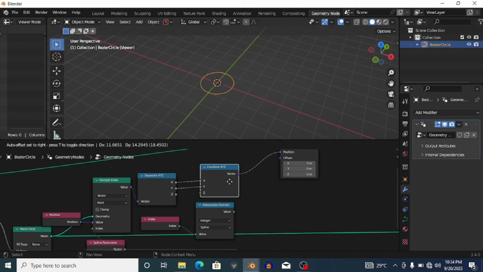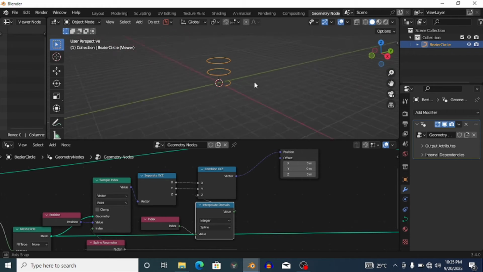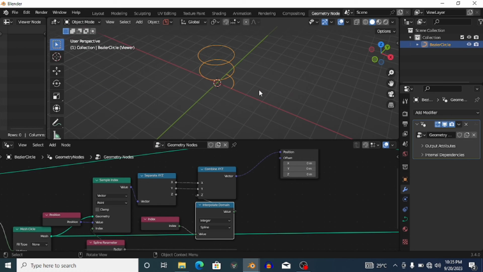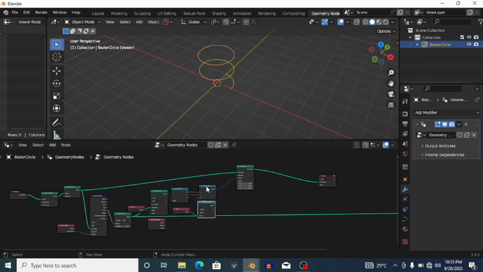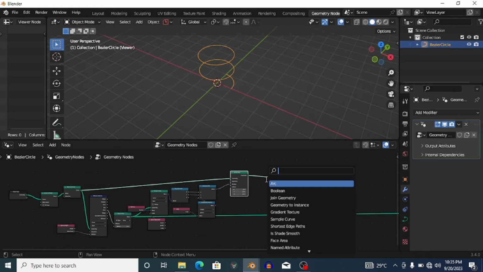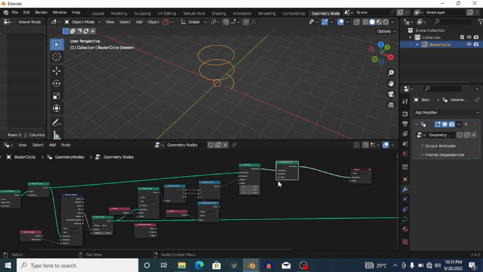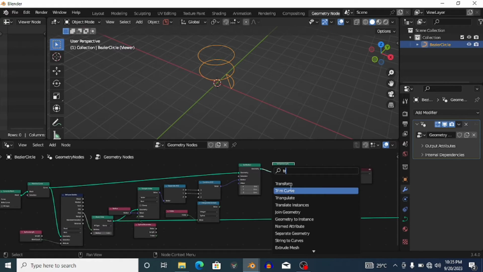It should be working. I need to connect this value to the Z, and we get simply something like this. Okay, the one that is small is from the bezier, and like that, it's enough. Then later I'm going to set this spline to be cyclic, like that. Then I'm going to add in a trim curve node,